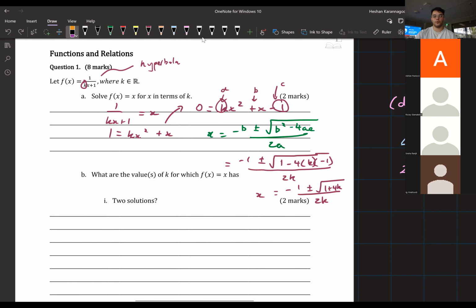So I would say for this question, this is a common misconception. People think that because you have 2 solutions for x, it's 1 mark for each solution. It's actually not. It's just 1 mark for both solutions. The other mark maybe comes from one of these lines of working out, and most likely it'll be from something in this form, like that. Or it could be something like this.